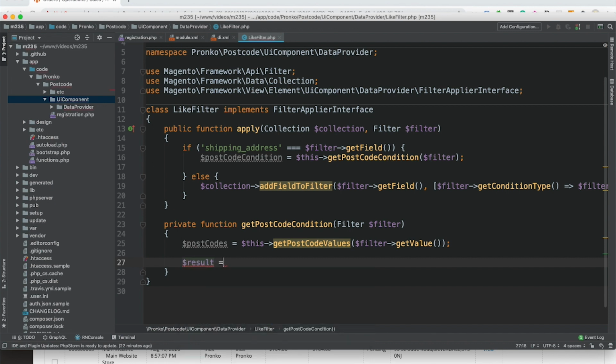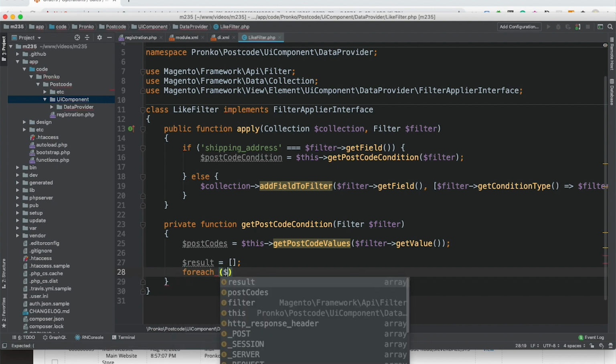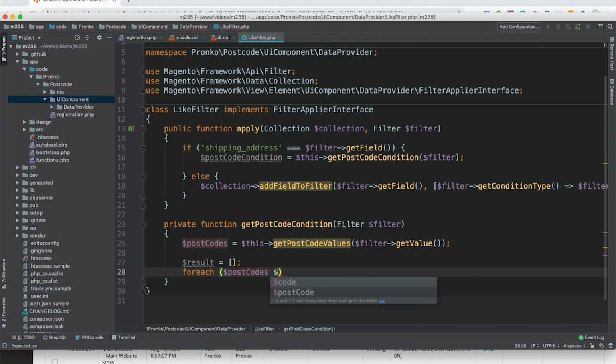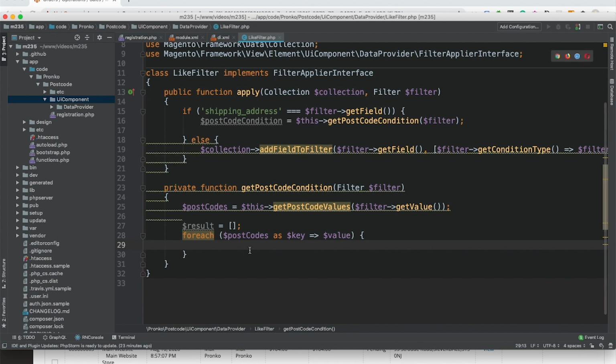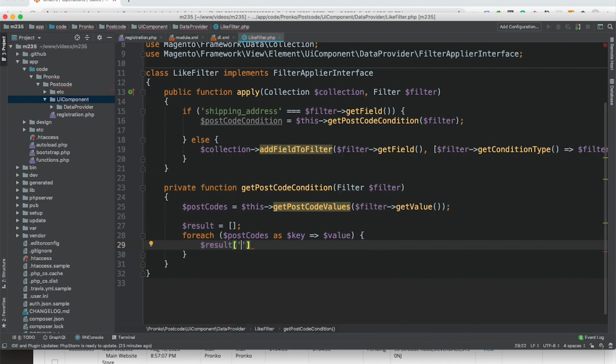And I'm going to prepare a result based on a returned list of postcodes. I'm going to foreach all postcodes, and I will have to prepare this result based on a unique key